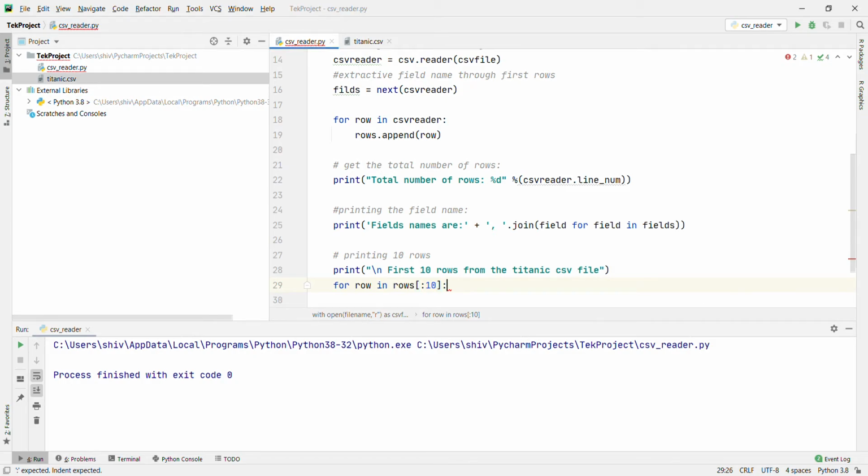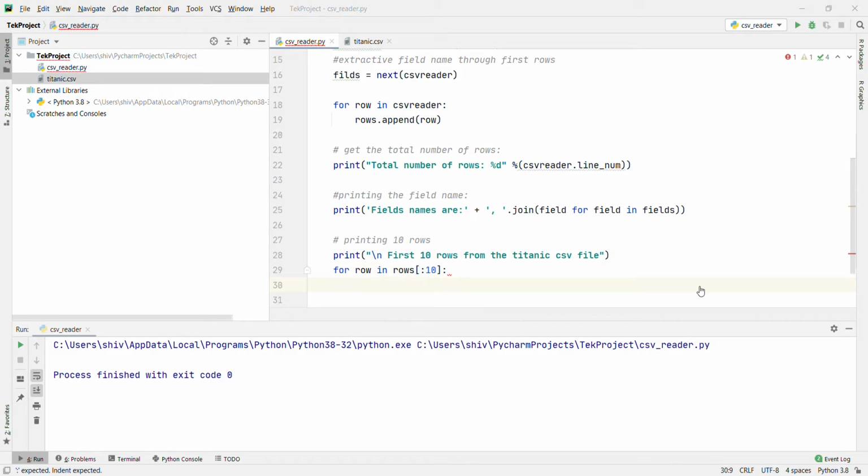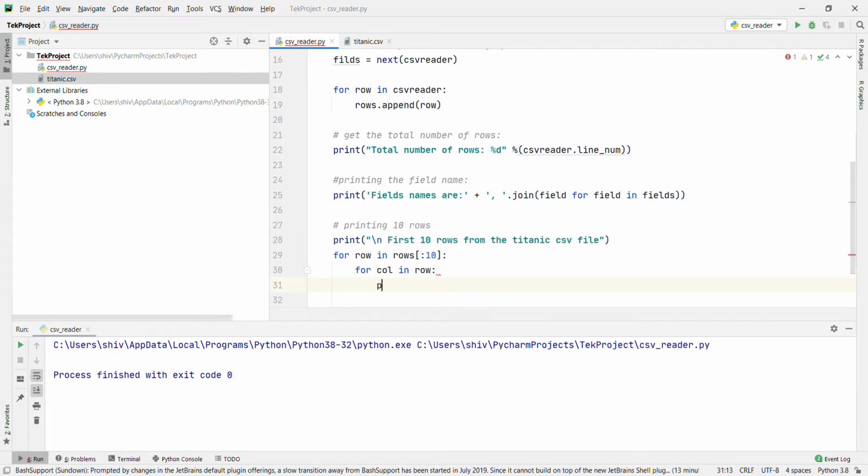After that we are going to parse each column of a row: for column in row, print, we are going to give 10 spaces, and use percentage column.